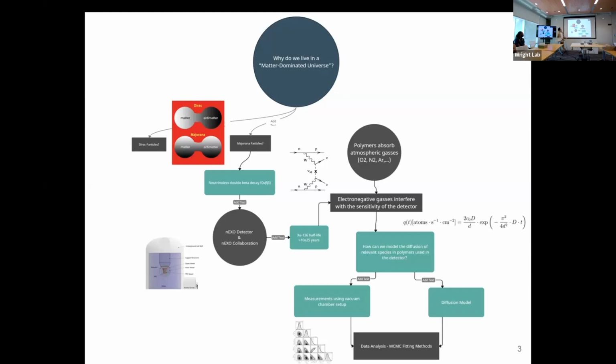So the big question, like what we talked about in other neutrinoless projects, is why do we live in a matter-dominated universe? And one of the explanations of that is that there might be these things called Majorana particles. These particles mean that the neutrinos and the antineutrinos, matter and antimatter counterpart, are effectively the same, creating that imbalance like we talked about in a couple of other presentations for why we have more matter than we see antimatter.